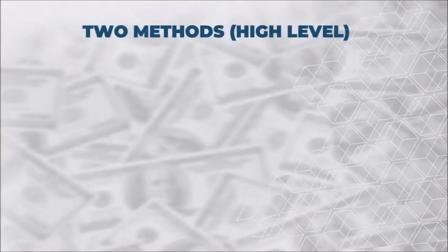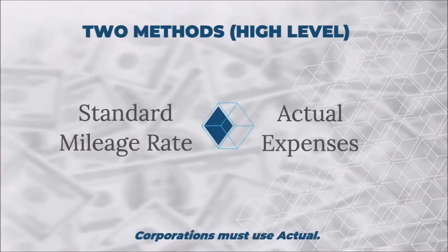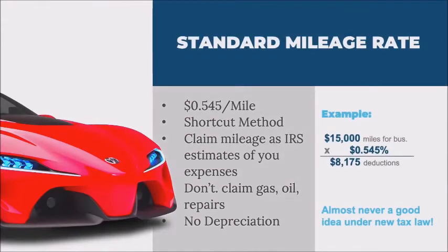Now, there are two methods that you can use in order to claim deductions on your automobile. So most people take the mileage rate, or what we call the standard mileage rate from the IRS, and that is the simplified method. Then there's also the actual expenses, and I'll share both of them with you, the good and bad for both. So the standard mileage rate right now is 54.5 cents per mile. That is considered to be the shortcut method at the IRS, and you can claim the mileage, but you can't claim anything else. So you can't claim gas or oil changes, repairs and maintenance, and you cannot depreciate the vehicles